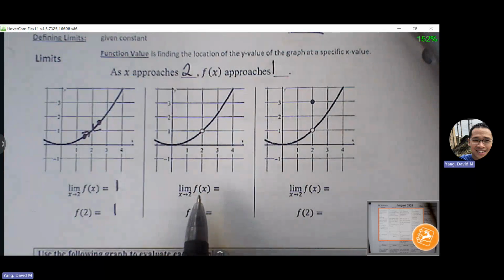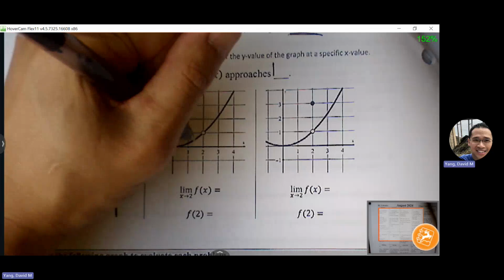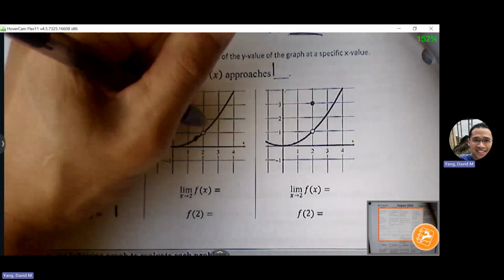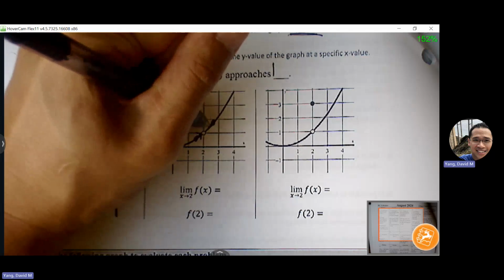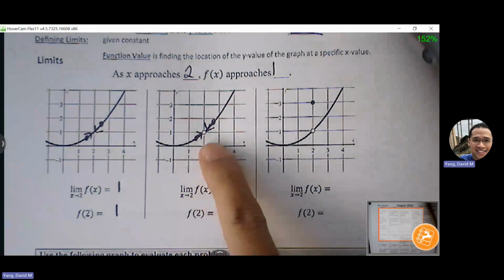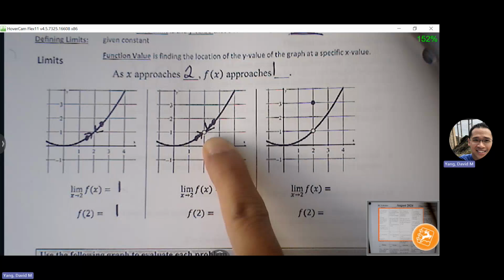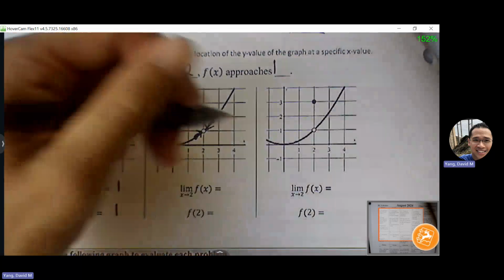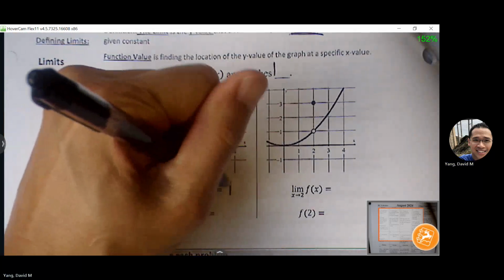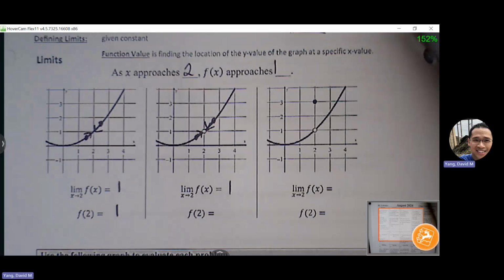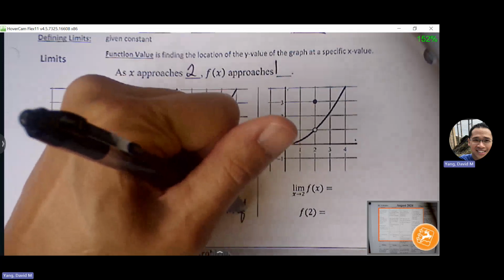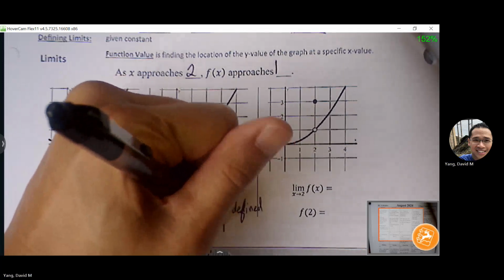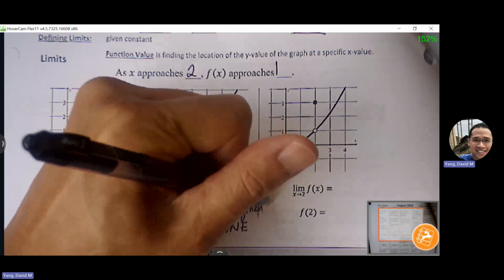So if I want to find the limit as x approaches 2, again, I'm going to pick a point close to 2 on both sides of 2. And I'm going to purposely draw an arrow towards 2 because I'm approaching 2. And again, are those 2 arrows headed towards the same y value? Yes, they're both headed towards a y value of 1. Okay. But what about the ordered pair? F of 2 is what? Undefined, right? You can say undefined, or you can say does not exist. Any of those notations is fine.